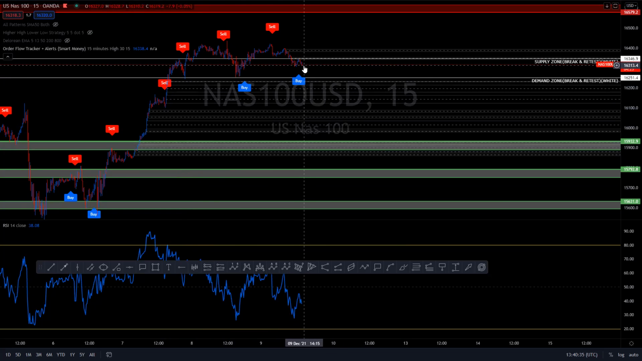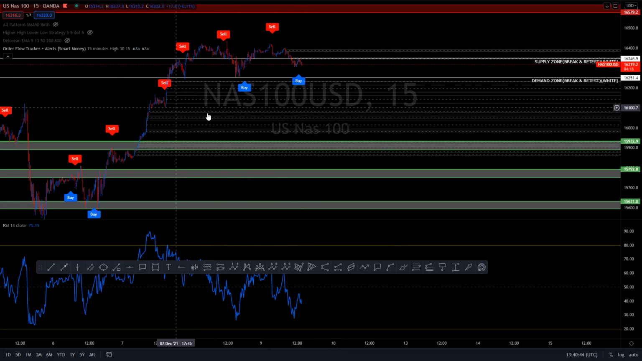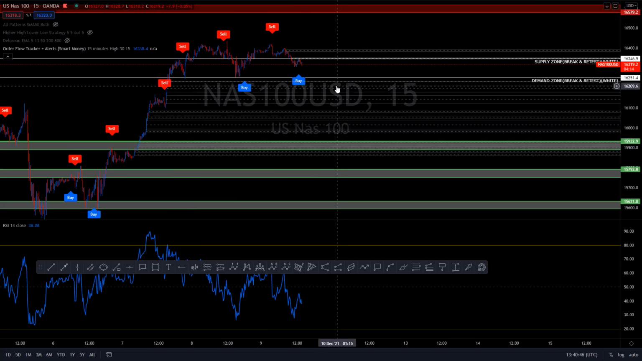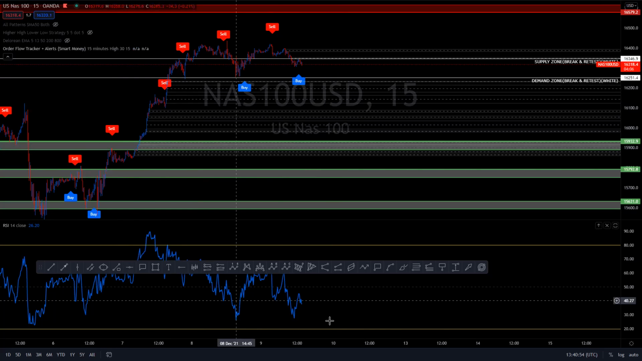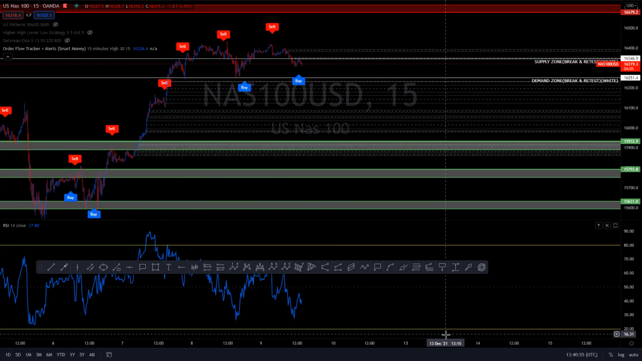So my guess is they're probably going to fill in all this imbalance here, maybe even bring it down, maybe down to this point, and then buy it back up. That's what I'm thinking. So they might sell it some more. Ultimately, they're going to want to fill all this imbalance here because this is left open